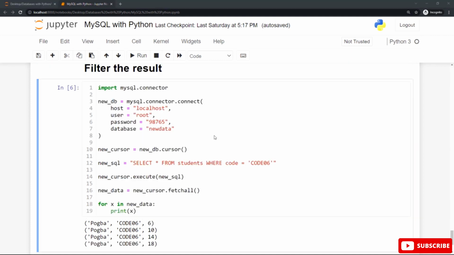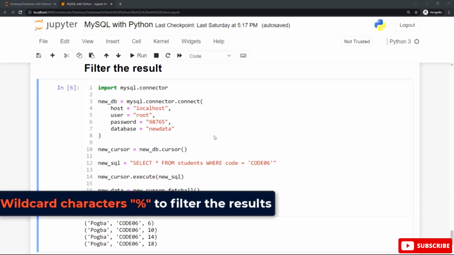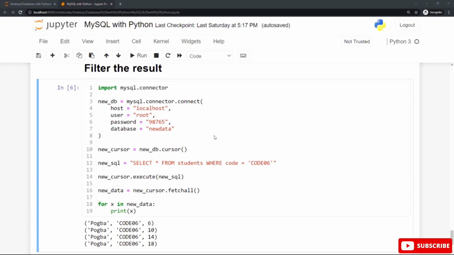In this lesson we will discuss the wildcard characters in MySQL to select the records, also with the where statement, that start, include, or end with a given letter, phrase or statement. You can use the percentage sign to represent wildcard characters in MySQL with the where statement here to filter the selected records. That's it simply. Let's select or filter specific records in the previous example.